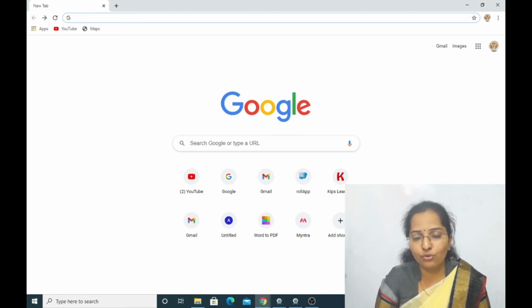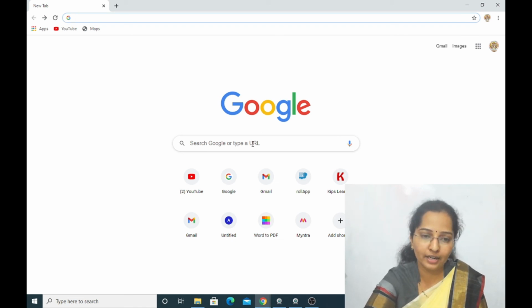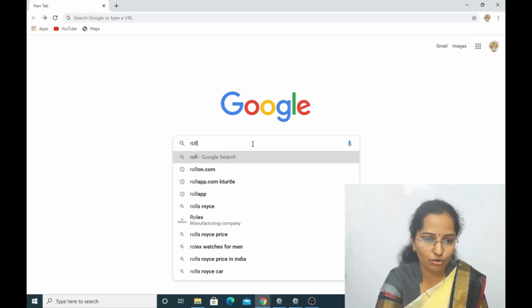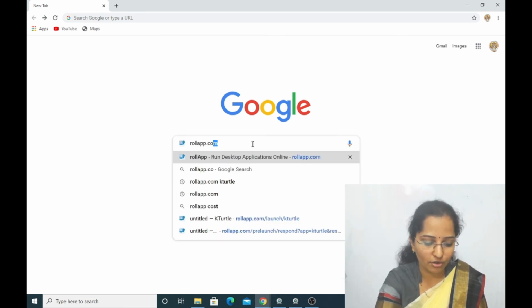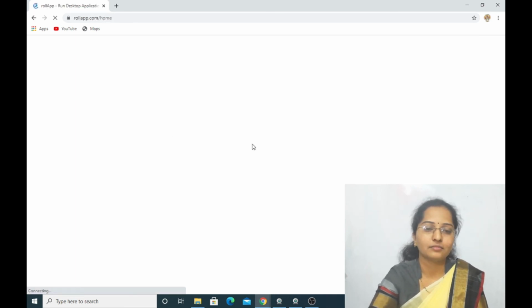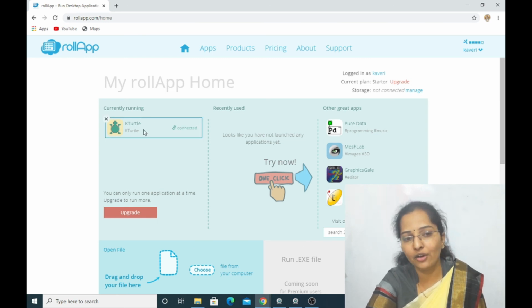I want to show once again how we have to launch the KTurtle application in Google Chrome. First, please observe and look at the screen carefully. Type here rollapp.com and enter. Wait for a minute. We'll get this. Recently I have used KTurtle.